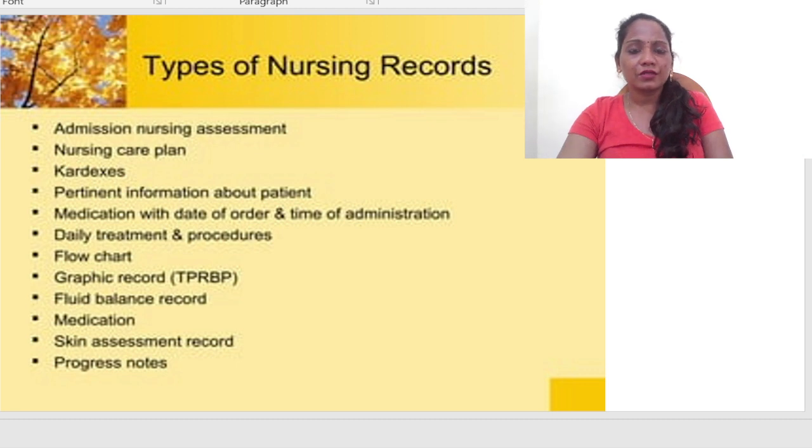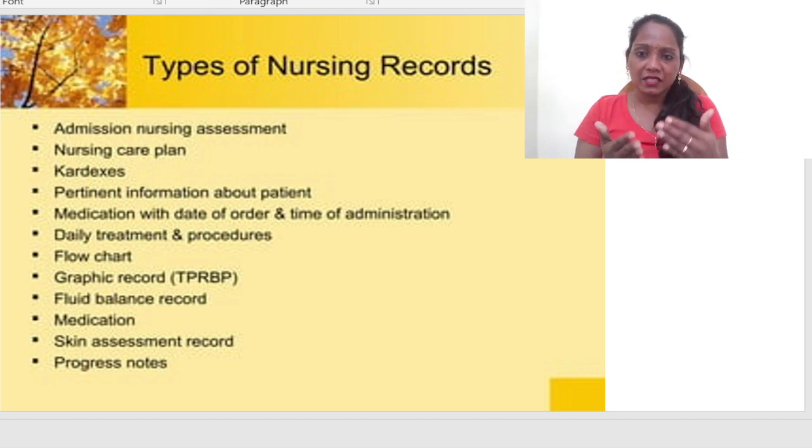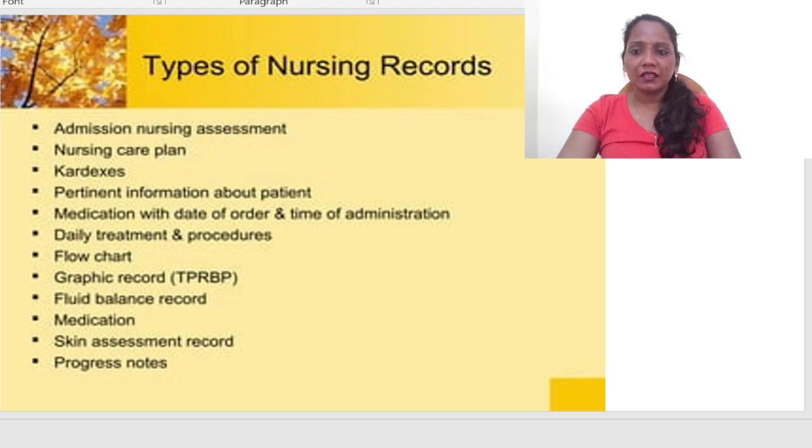So the commonly used notes existing in the present scenario are Kardex's nursing care plan, then flow charts, graphic charts, then fluid balance chart, medication chart, then skin assessment record and progress notes. These are the different kinds of nursing records we are using in day-to-day practice. Then next we'll see